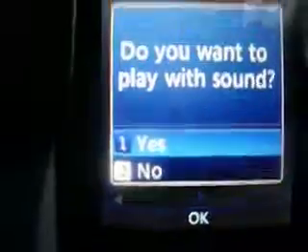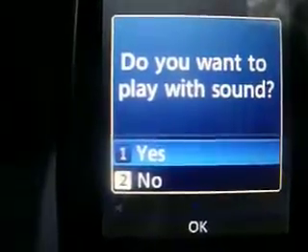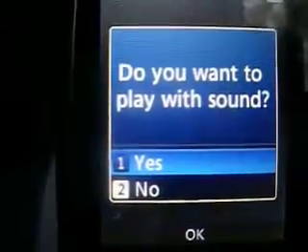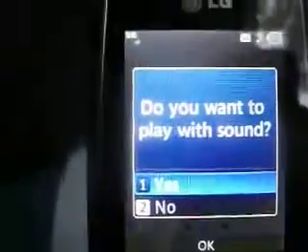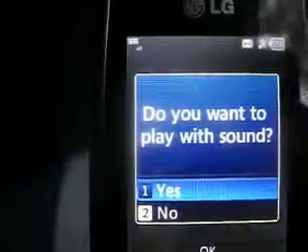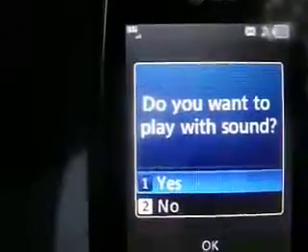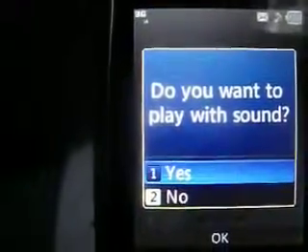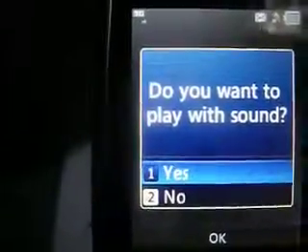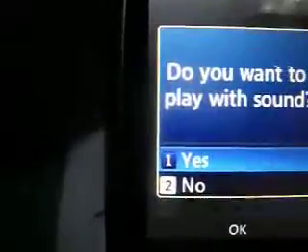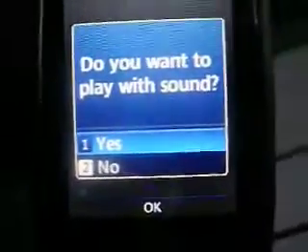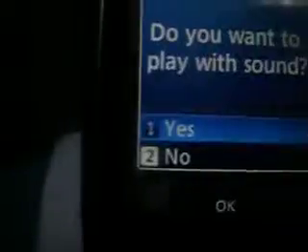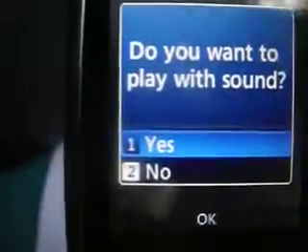Now I'm going to press play. Then it's going to ask me, do I want to play with sound? As soon as I click on that, I'm going to put the phone's microphone near the speaker so you can hear the sounds going on around me on the Yucca Valley bus on December 11th, 2012 at 5:05 p.m. This is me on the Yucca Valley Landers bus route, which is 169 miles away from San Diego County, where I've been living ever since I came back to San Diego on August 8, 2011. I'm living in La Jolla, which is in San Diego County.